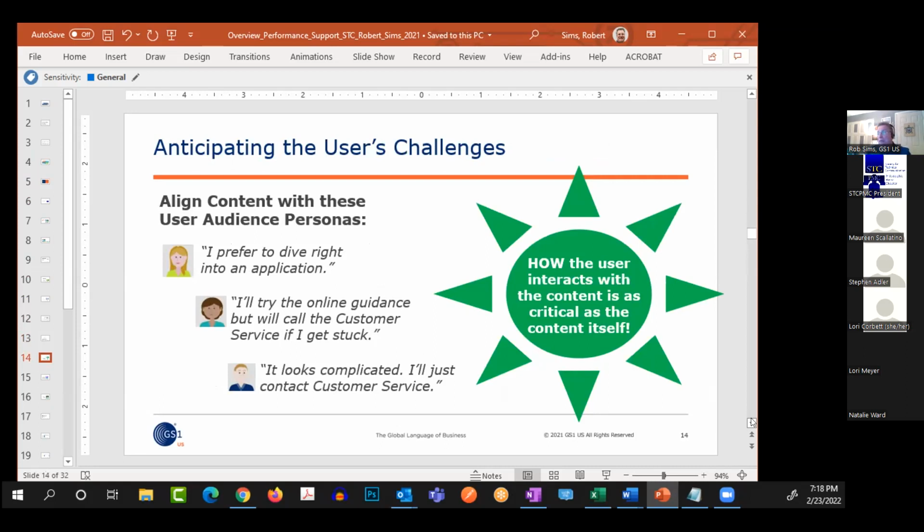And I love breaking these up, because there's clearly, there might be 4 actually, but these are the top 3. There's that person who just jumps right into an application. I was on a webinar with, I think it might have been an STC call, but it was with H&R Block, their technical writer team. And they have a lot of folks in the tax software that just jump right into tax software. That's definitely true of our world as well.